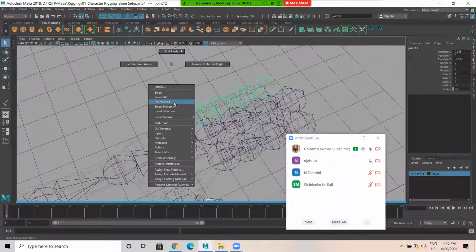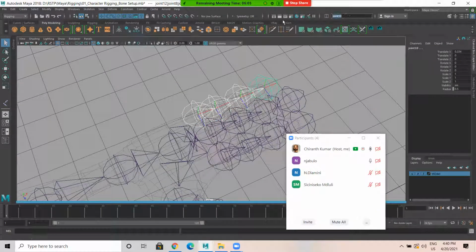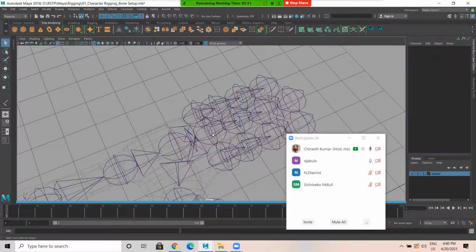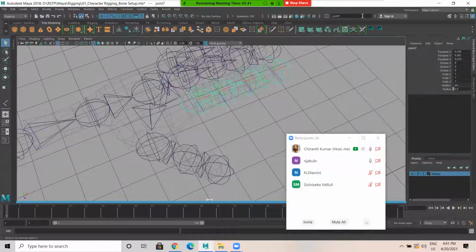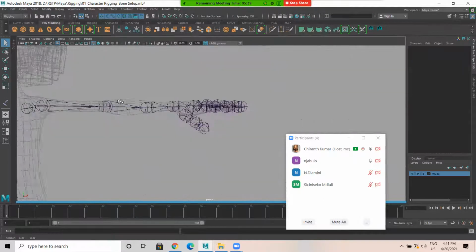Now select this, right click, go to hierarchy. Here, this is the ring finger, so LT_ring. You can see ring 1, ring 2, ring 3. See, the naming happens automatically here. Now I'm selecting this, right click, hierarchy. So this is middle, right? LT_middle. So 1, 2, 3, 4 is done. Select this, hierarchy. So this is LT_index. Okay, so naming is done.